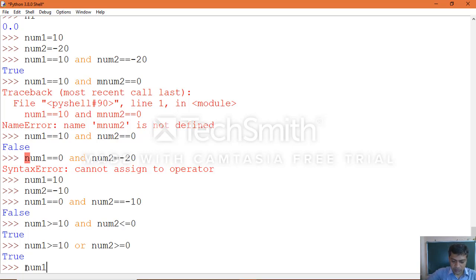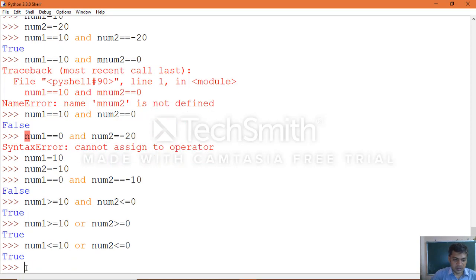num1 less than or equal to 10 or num2 less than or equal to 0. Let's see. Now this condition becomes true, and this is also true.